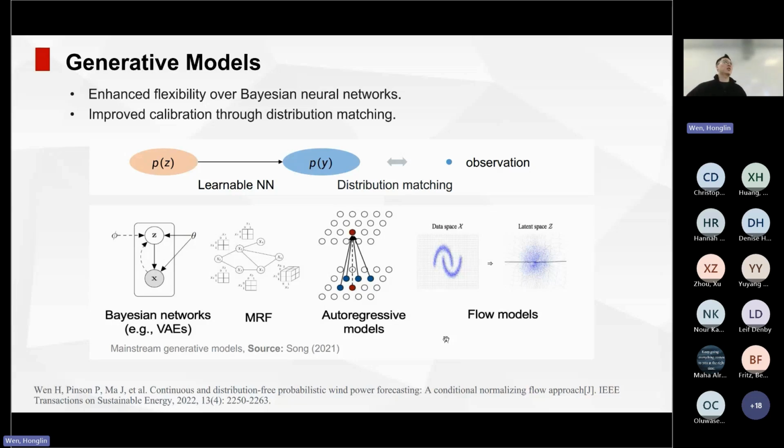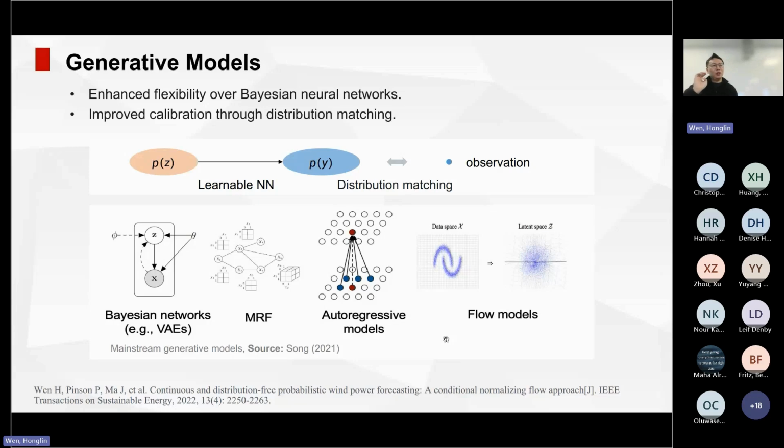Then you have your observation. Maybe it's not just one sample, one observation, instead of the pure distribution, right? What we need to do is distribution matching, to match the predicted distribution and the distribution in the observation space, right? During the past years, there have been a lot of models: the VAE, normalizing flow, the GAN, diffusion, or anything.